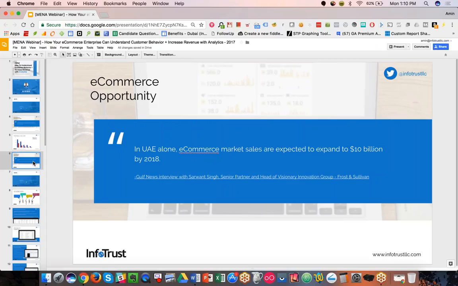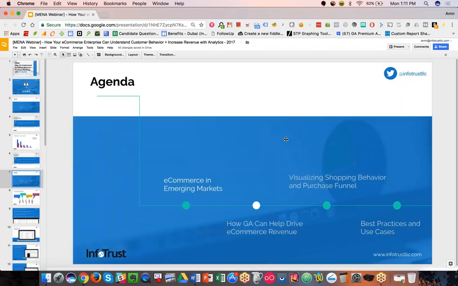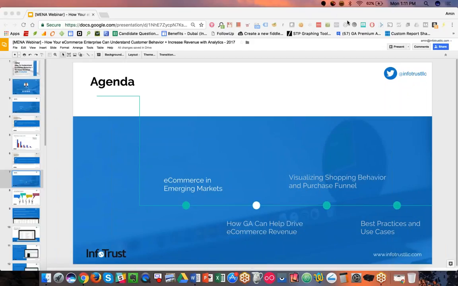So clearly there's an opportunity here with this many sales, this much revenue coming through online. It's really important to understand how to analyze and improve and optimize your spending, but also just what you're doing to engage your customers and how to capture them online and really get raving fans out of them as well. So I think now we can transition. Again, I just wanted to briefly touch on e-commerce in emerging markets, but we can move over to how Google Analytics can specifically help answer some of the questions about what your customers are doing, how they're engaging, and how to really capture them online to drive some revenue.